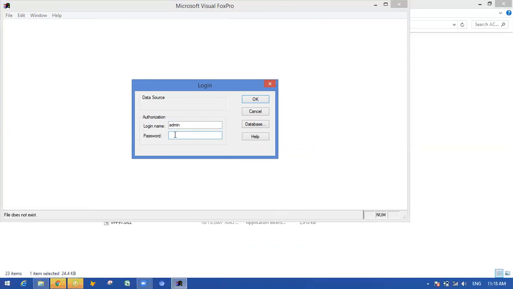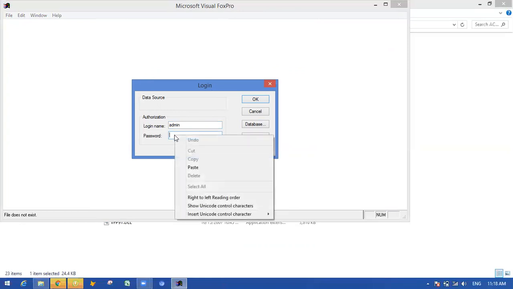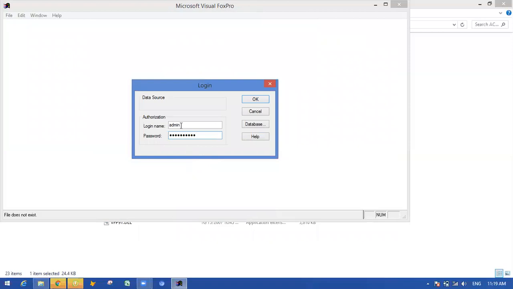So we have to provide the password. We already copied this password to our clipboard. So we just need to right click and paste, or Control V. We can copy that password with Control V also. So you just need to click on paste. Now the login name admin is given, which comes by default, so no need to change it. For the password, just give whatever you have copied. Once you set this login name and password, you need to just click on OK.